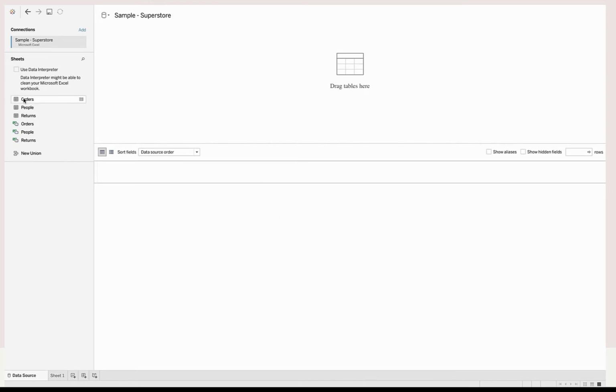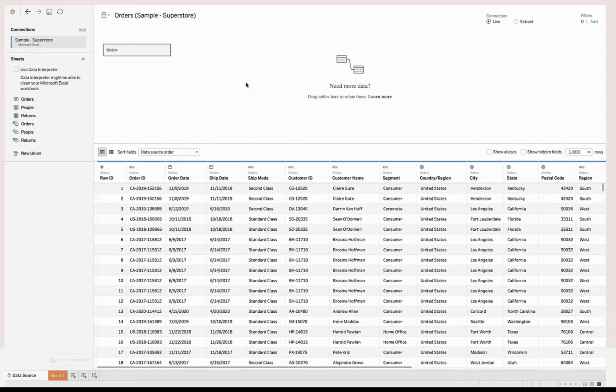So first, let's drag orders over onto our relationship canvas, or our logical canvas. And then if I were to drag any of these over, you can see the noodle appears, and Tableau is trying to create a relationship,